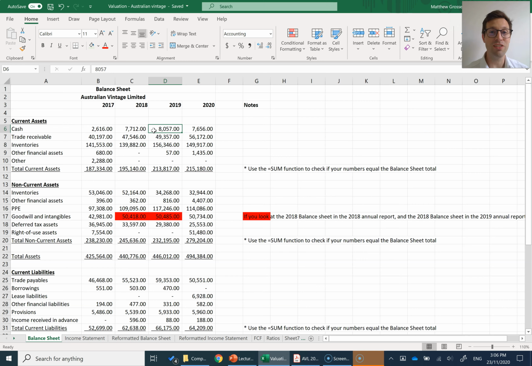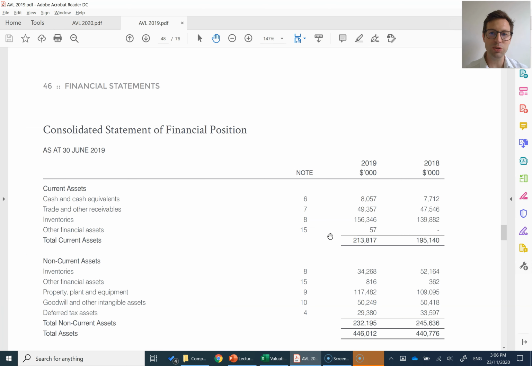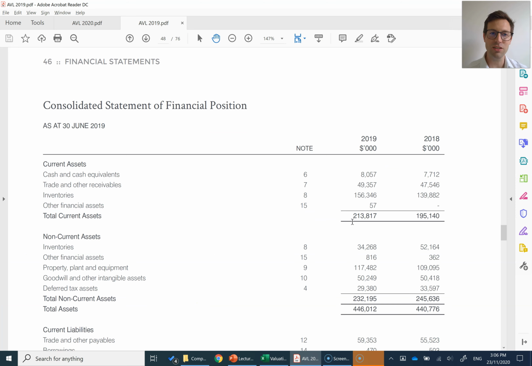Now there are some databases that can make this a little bit quicker for us in the future, but as it's your first time valuing a company, I want you to do it the manual way to start, because sometimes databases merge accounts together or they reclassify accounts in ways that may not be appropriate for what we want to do. So step one, I open up the financial statements and I enter in all the accounts for my balance